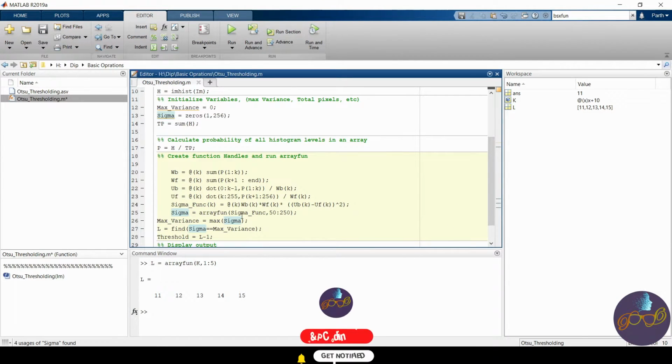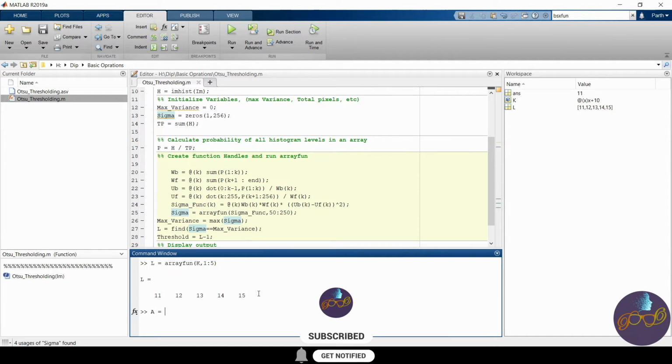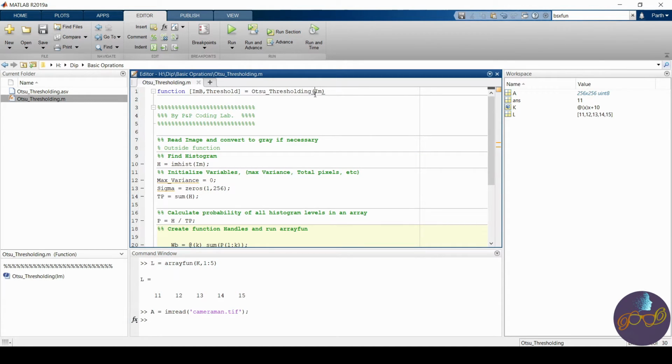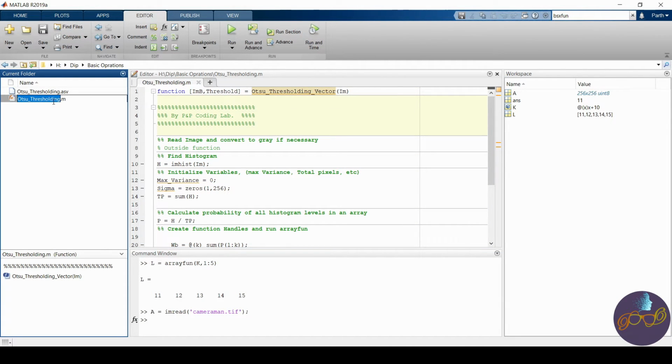So here our work is done. Let me just run it. And I will rename it also, because I might have the same function. I would like to rename here also because it is necessary.